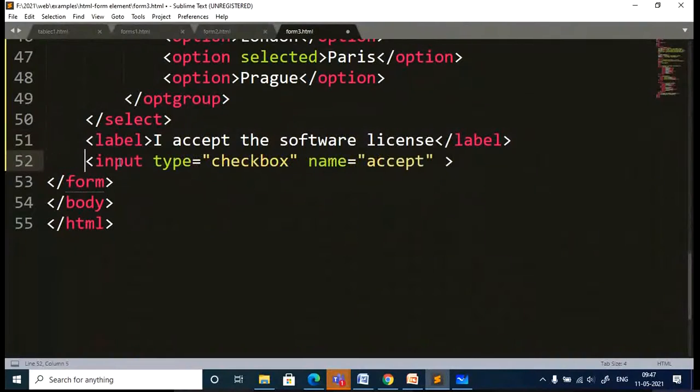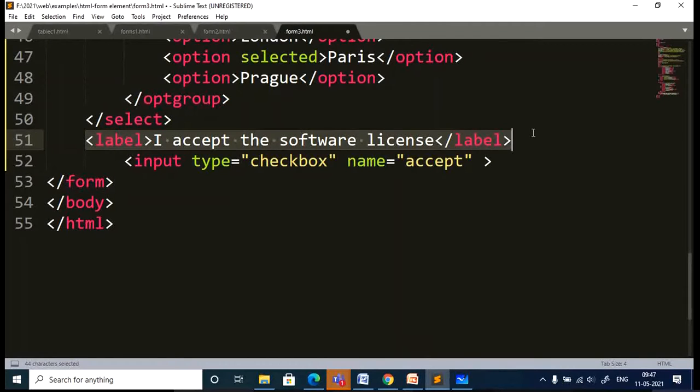Here I'm going with a new input type, and this is how you need to give the label.